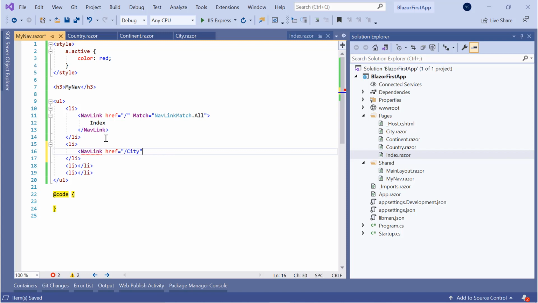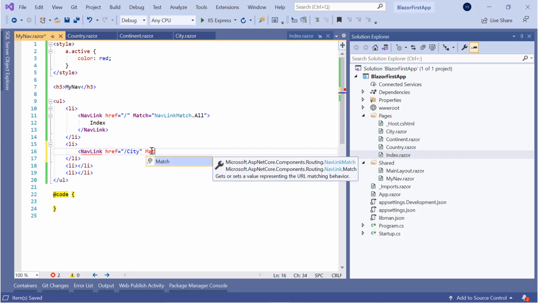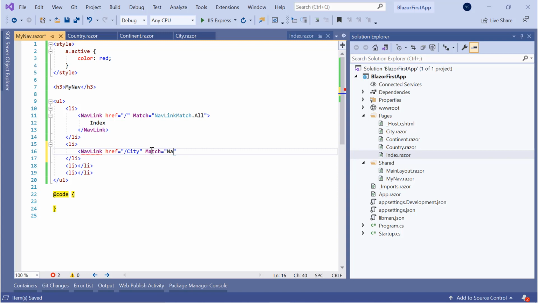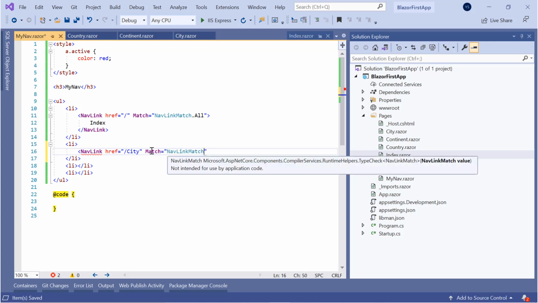city. This will create an anchor tag to this city.razor. And I provide a match of NavLinkMatch.Prefix.